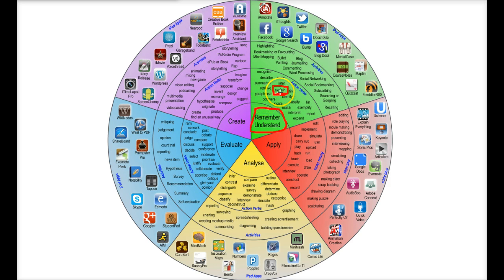After I find the verb, now I can find some activities. What are some things I could do for them to explain the concept? I could have them do a Word document or Google Docs. I could have them do a mind map or a concept map. There are several different things I could have them do. This by no means is an exhaustive list, but at least it gets you started and gives you some things